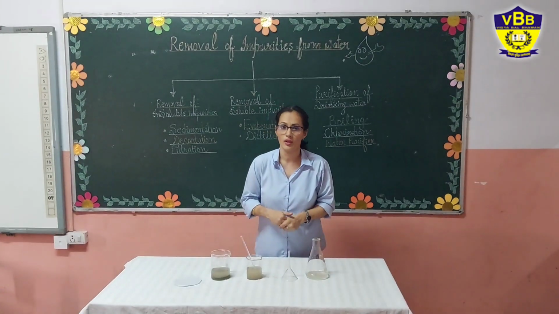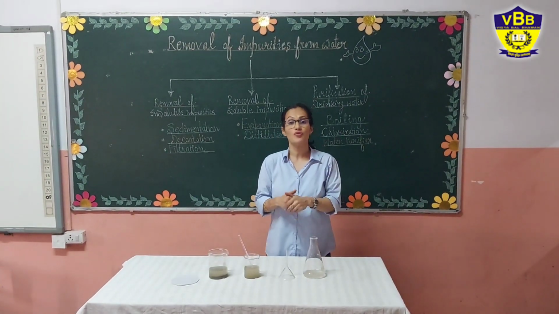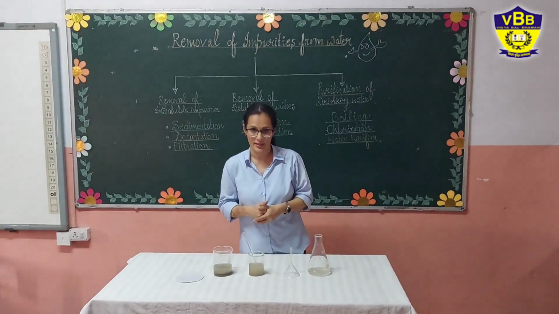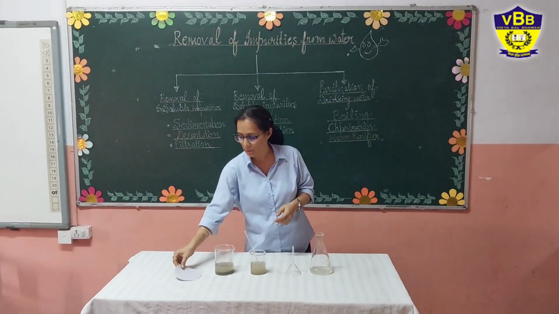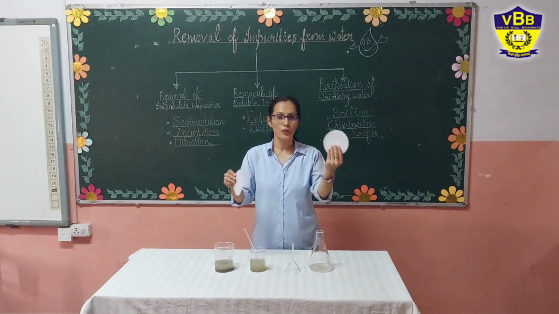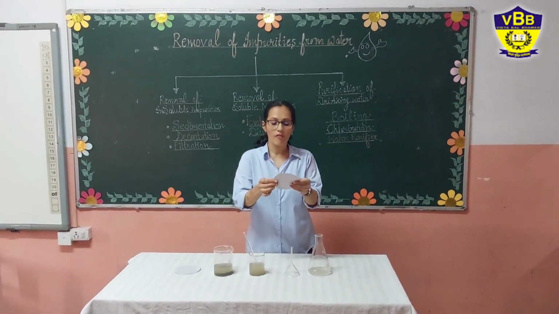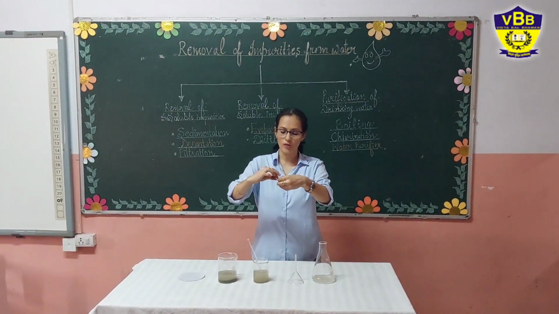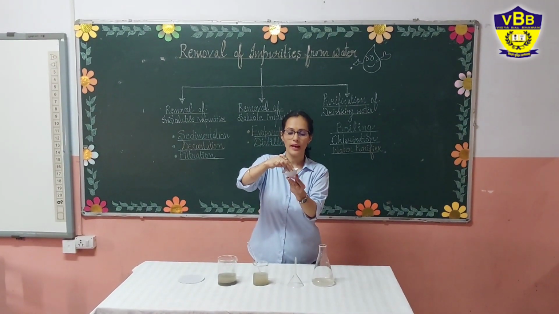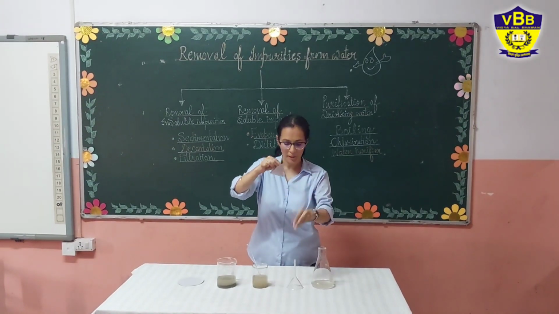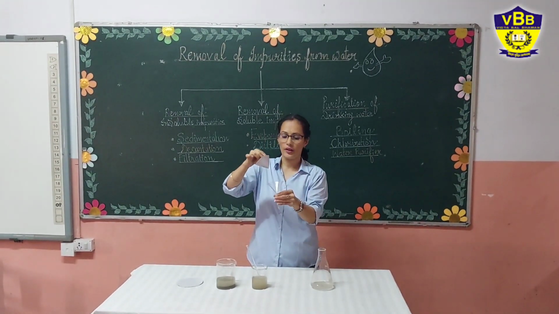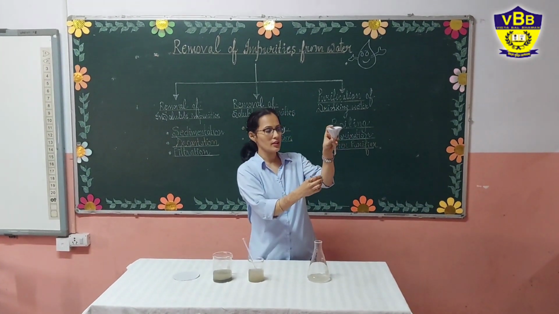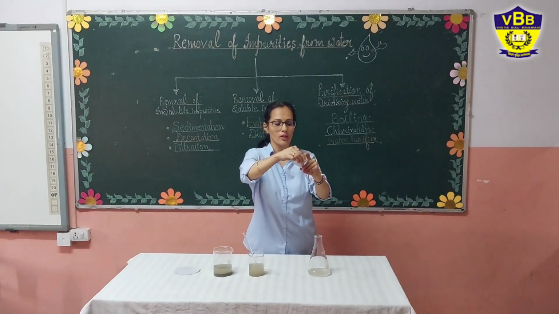So what is filtration? Filtration is a process in which we purify or clean the water to a more minute extent, with the help of filter paper. As you know, this is our filter paper. We will make a cone-like structure here. We can fold that filter paper in a conical shape. Now you will take your funnel and place it like this. So you can see now my filter paper is ready.